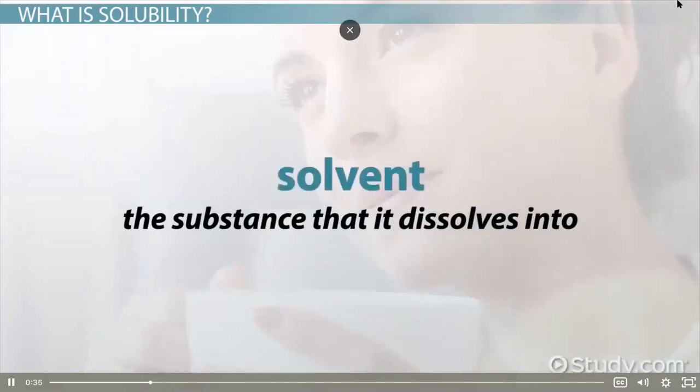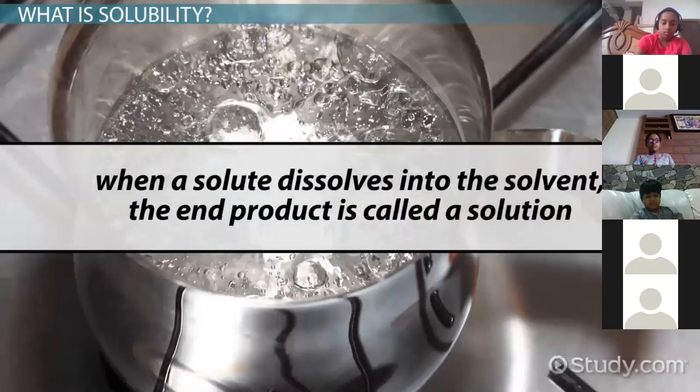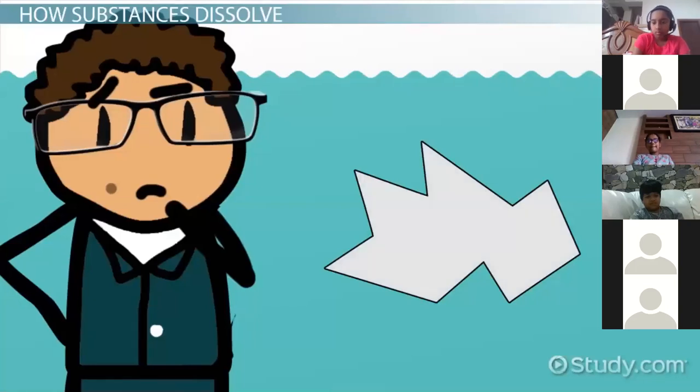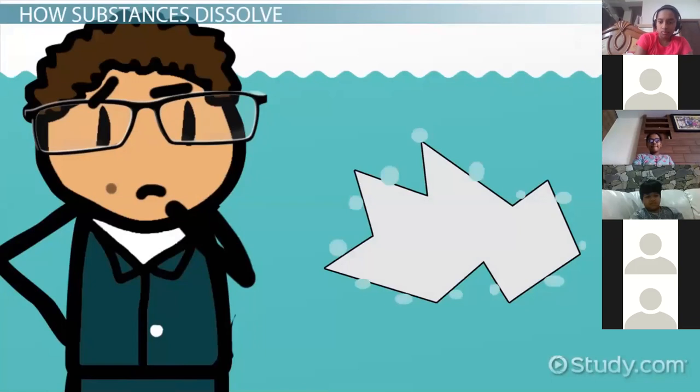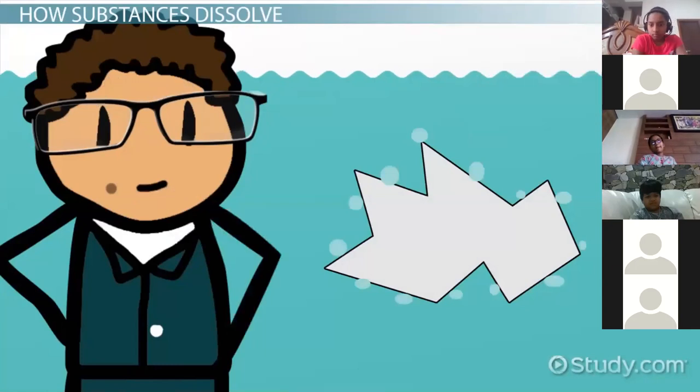When a solute dissolves into the solvent, the end product is called a solution. Imagine a small crystal of sugar. When it touches water, the tiny water particles surround that sugar crystal and bond with it. It's like the water particles are telling the sugar, "You're in our club now." The sugar still keeps its features, like the sweet taste. But because the sugar's bonds were loose, those bonds have been broken apart by the water particles, and the sugar becomes bonded to the liquid water. Many other solutes